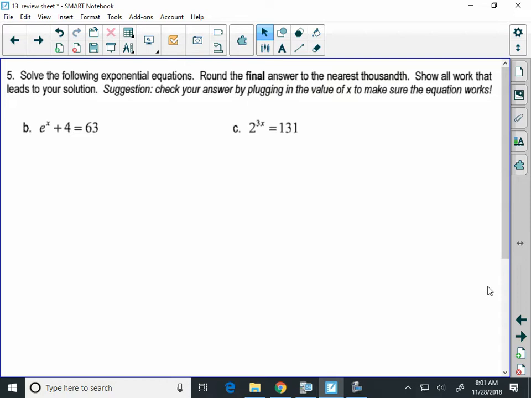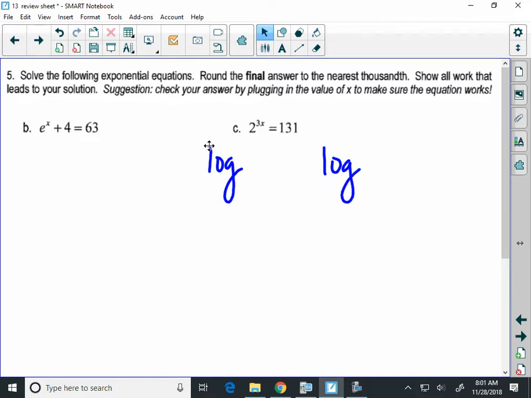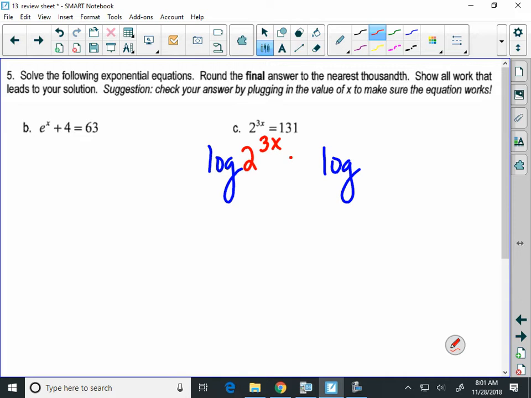Our variable is an exponent. We're going to have to put in a logarithm. We put in a log on both sides, and we get log of 2 to the 3x equals log of 131. We're going to take that value of 3x and write it out in front. So this is going to become 3x log 2